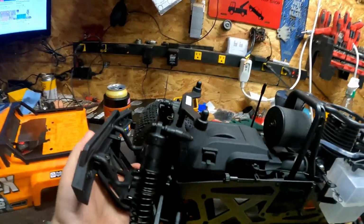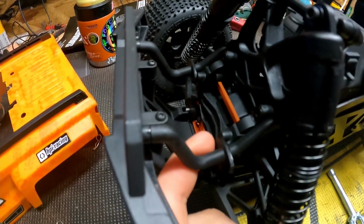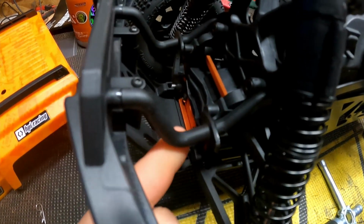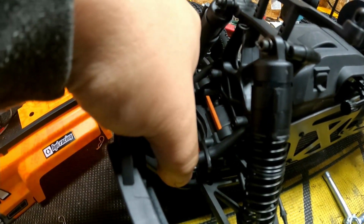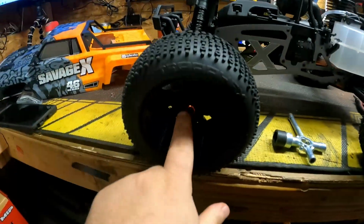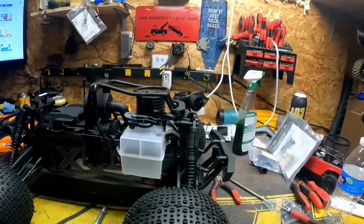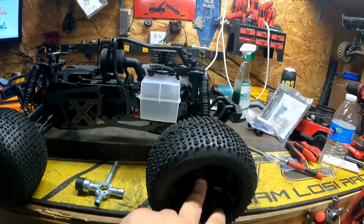They did update the pins, because this was an issue in the old one that I'll show you in a little bit, that these would actually move out of the way and the pins would slide out. So now they actually have a cover over there with a screw, so that's a hell of a good upgrade, because before I would just zip tie these together so the pins wouldn't back out. They did change the hexes, so it's actually 17 mil, I think, now. But overall it's pretty much the same truck, different tires,